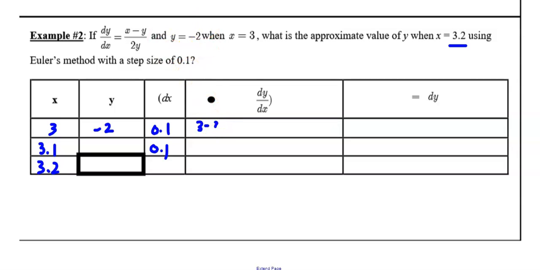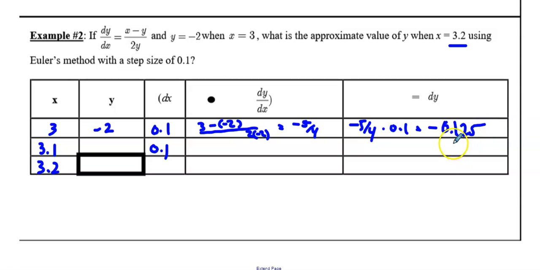Actually, let me write that better for us. So 3 minus a -2, all over 2 times -2. So that's really poorly written, but that's going to be -5/4. Right? That's what we're going to do here, -5/4. We're going to take this -5/4, we're going to multiply it by our delta x. And again, a calculator is absolutely totally fine with this. And we're going to get